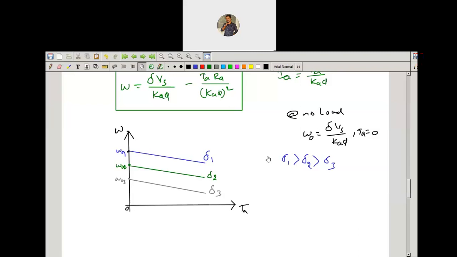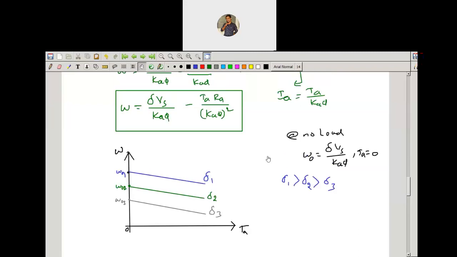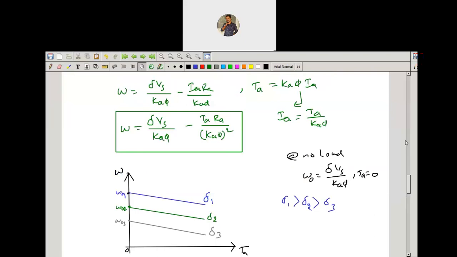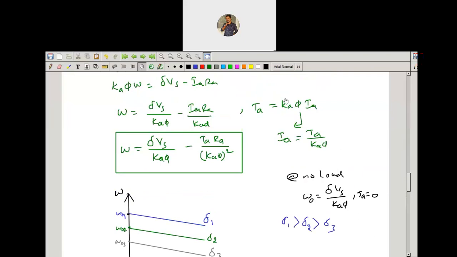So if you want to write for the series DC motor, what is the difference here? The difference is going to be in the torque equation. TA is going to be, now we have taken Ka times phi Ia, but when you're talking about the series DC motor, now there the flux as well as the armature current both will be proportional. Because the armature and field will be in series in the DC series motor. So therefore, the flux is proportional to what?